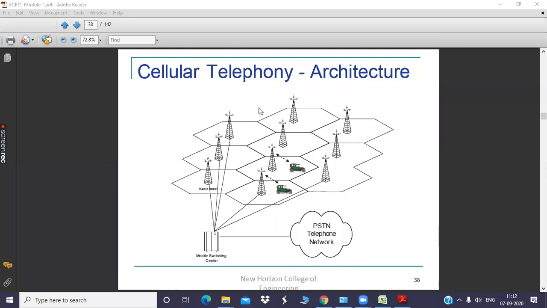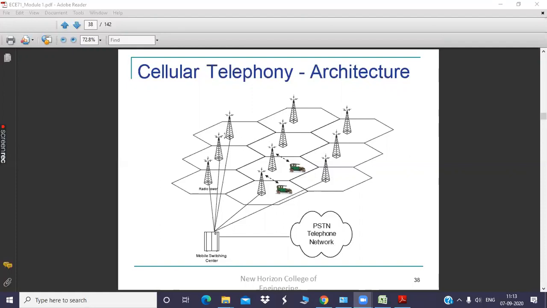Because the entire communication system, or the entire geographical region, we have divided into different cells, where each cell you can see is hexagonal in shape. It is not necessary that each cell should always be hexagonal. It can be circular, triangular, rectangular, whatever it may be. But the most efficient approach of dividing the geographical region into cells is hexagonal in nature. Why? Because we can space the cells without any intermediate guard cells, right? So all the intermediate spacings have been efficiently utilized by separating the entire region into different cells.